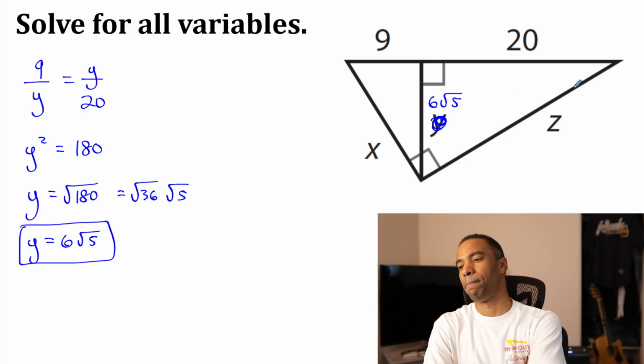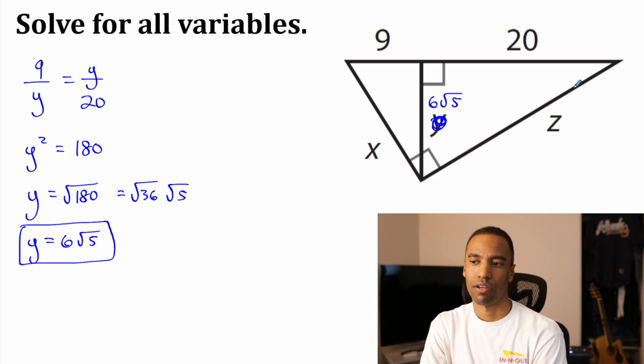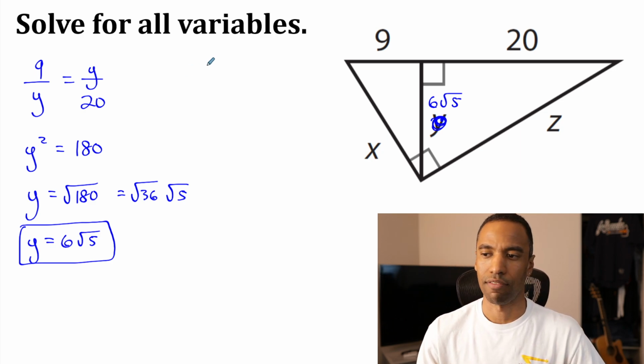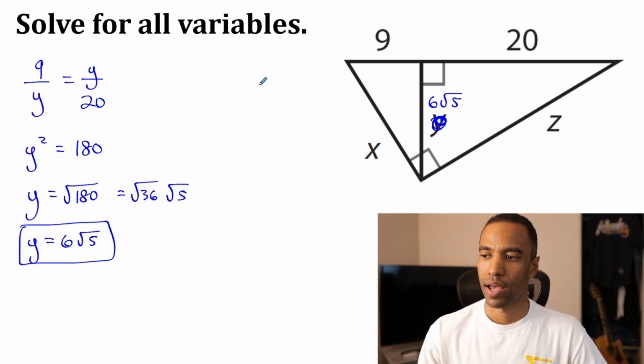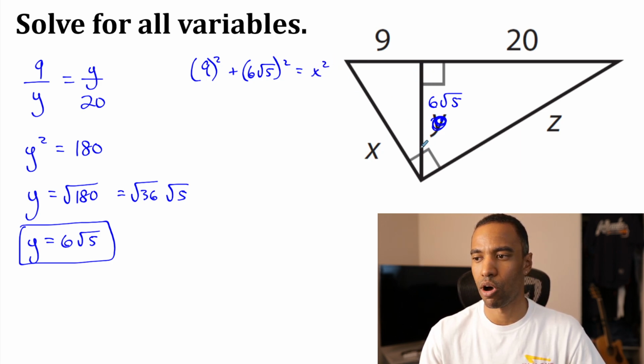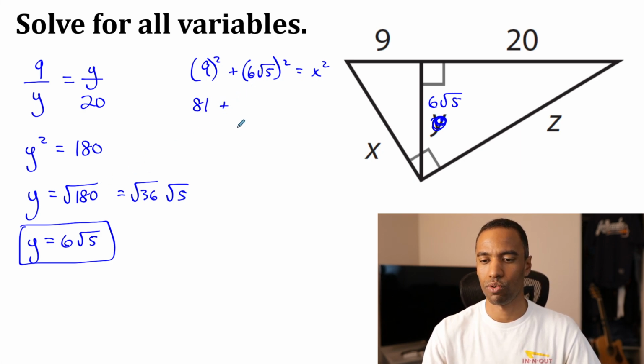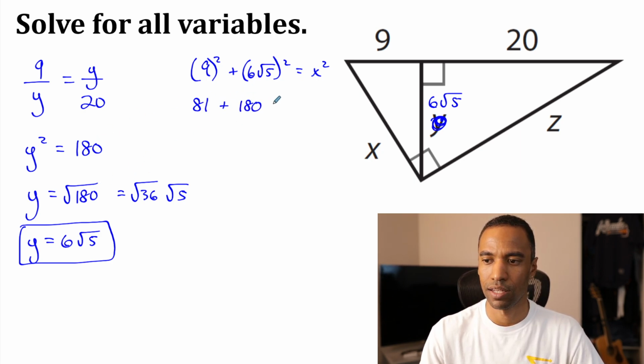Okay. I'll go ahead and do Pythagorean theorem to get x, and then I'll use proportions to get z, if that's cool. So let's go ahead. Pythagorean theorem to get x. We got 9 squared plus 6 root 5 squared equals x squared, as x is the hypotenuse of this small right triangle here. 9 squared is 81. As we know, 6 root 5 squared is 180. And that equals x squared, which is